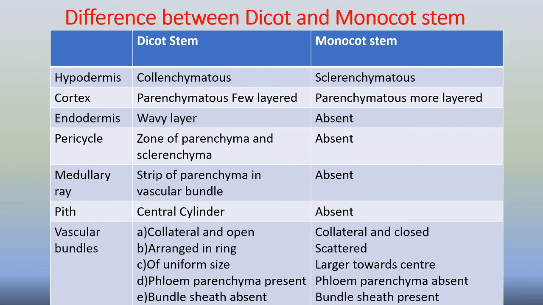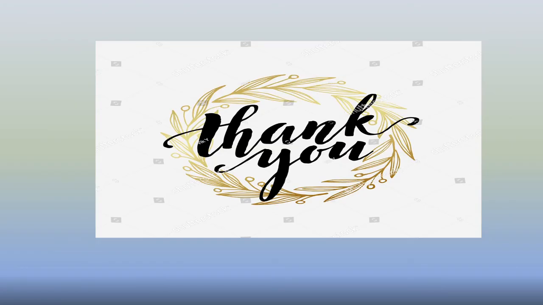Now the vascular bundle consists of the vascular tissues, that is xylem and phloem. In case of the dicot stem, the phloem parenchyma is present, which is totally absent in the phloem of monocot stem. The bundle sheath is absent in the dicot stem, while it is present and prominently seen in the monocot stem, and the bundle sheath in the monocot stem, you have seen, consists of sclerenchymatous tissue, which is present on the upper and lower side of the vascular bundles. So with this we have